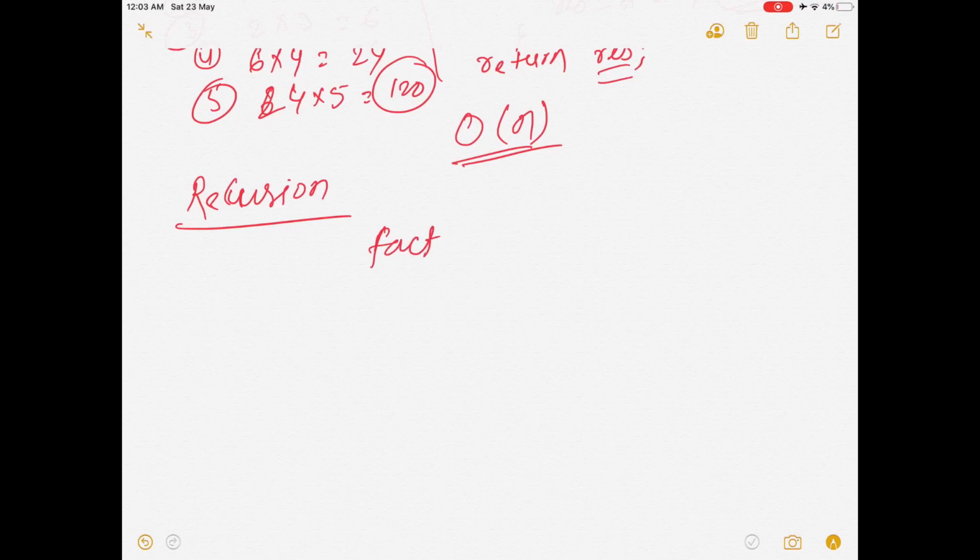So in this, we'll write a function and pass the variable n to it. Then we'll check if n is equal to 0. In that case, we'll simply return 1.